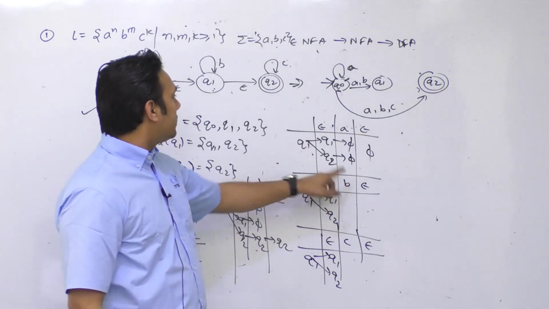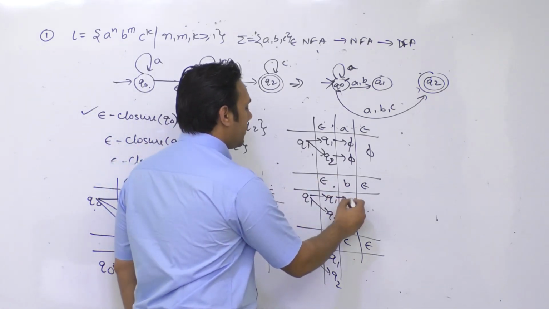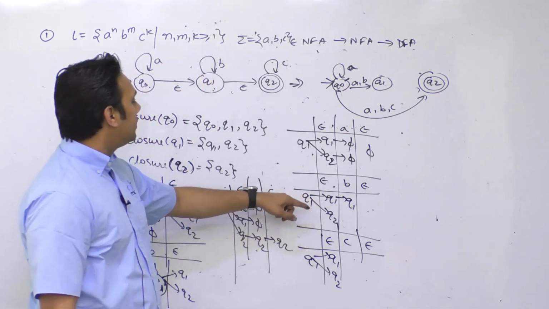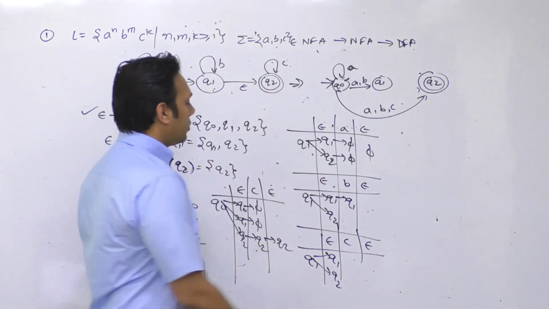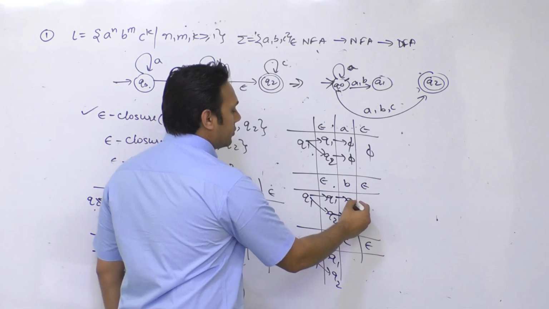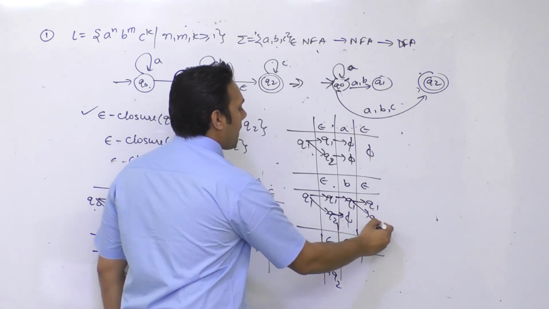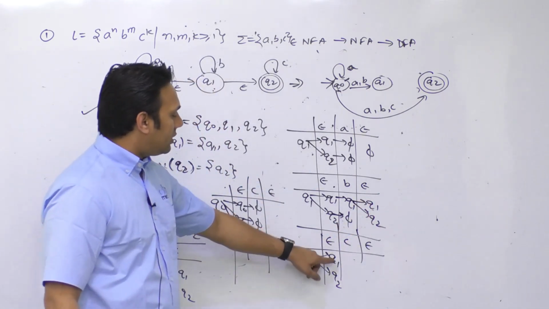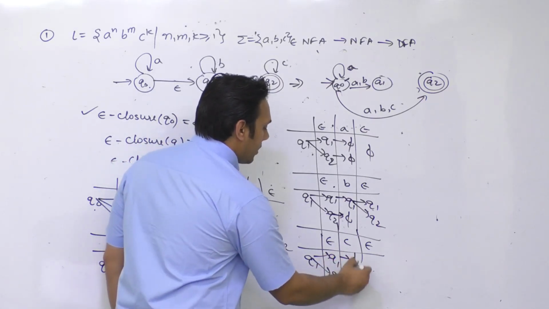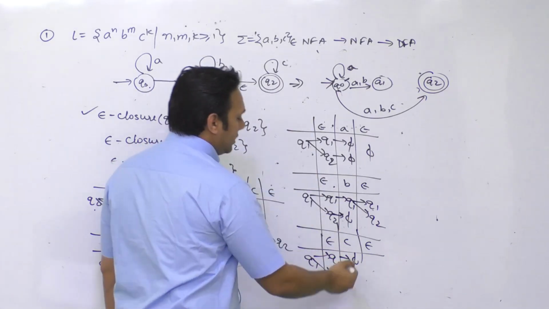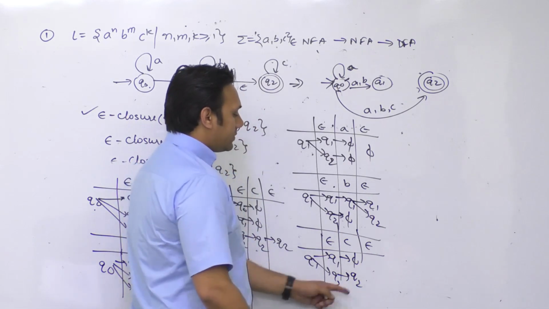In Q1, if you give a symbol B, you will go to Q1 itself. But if you give a symbol B on Q2, you are not going anywhere. So again the epsilon closure of Q1 is Q1 and Q2. And in Q1, if you give a symbol C, you are not going anywhere. But in Q2, if you give a symbol C, you are going to Q2 itself, and the epsilon closure of Q2 is